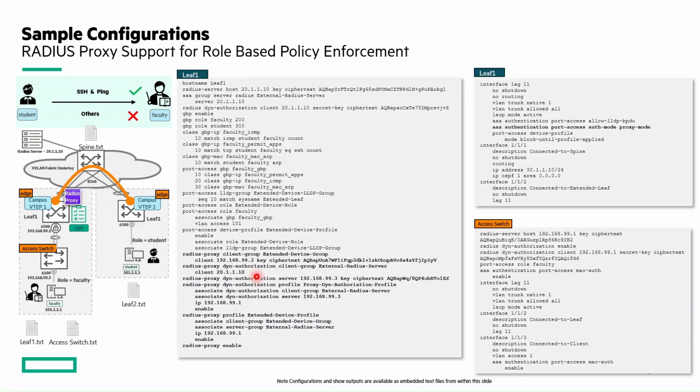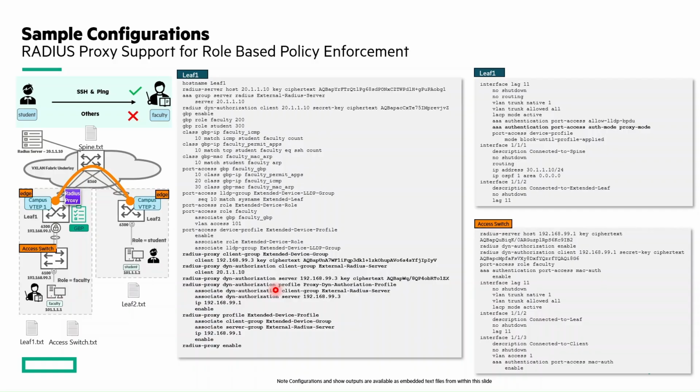Let's jump into the main radius proxy configuration. I would split it into three categories. First is the global enablement of the radius proxy feature, radius proxy enable. This CLI is really required, only then will the feature functionality work. Next is the radius proxy configuration for the AAA part, and last is the radius proxy configuration for the dynamic